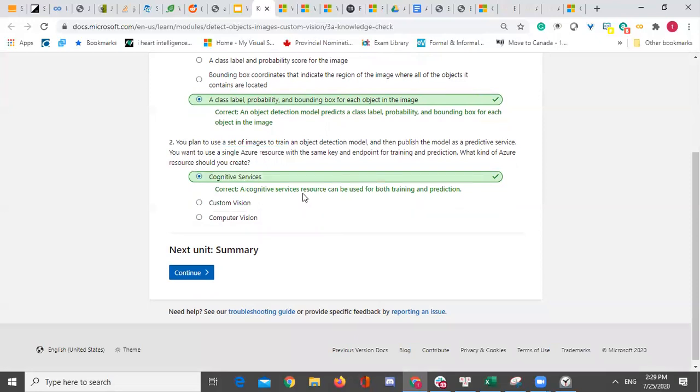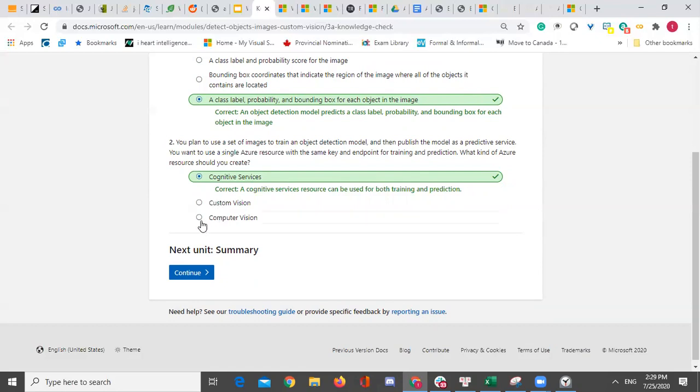It doesn't, I believe, separate. Whenever we cannot select the correct answer, we select a cognitive service, the correct answer for every question. So I guess basically cognitive service is something general and you don't need different resources. You just need one resource. And for others,